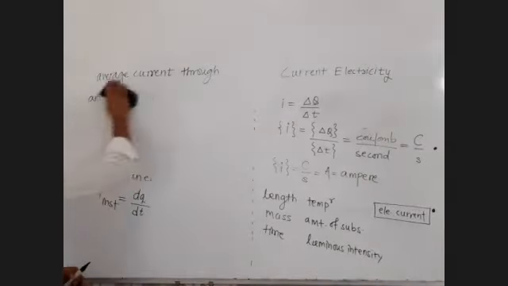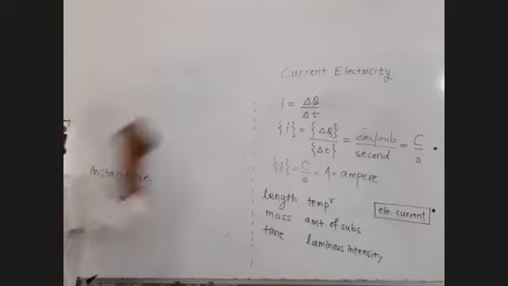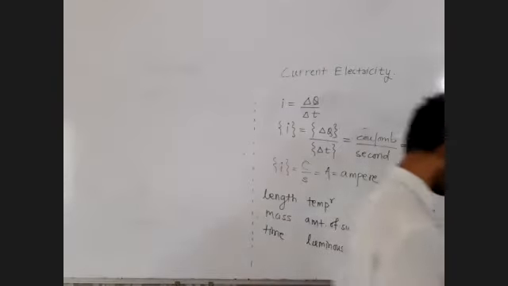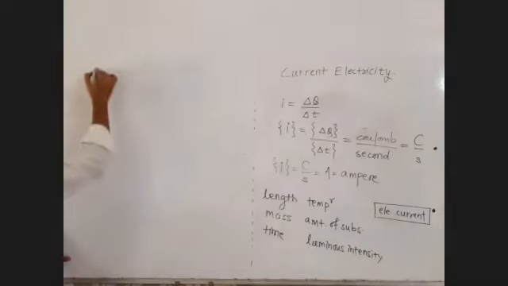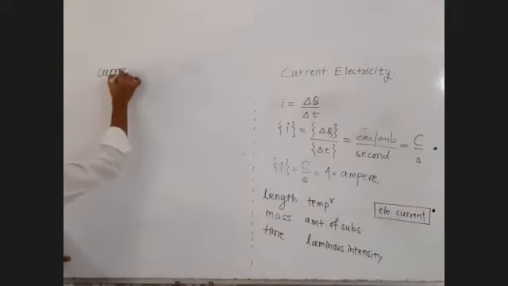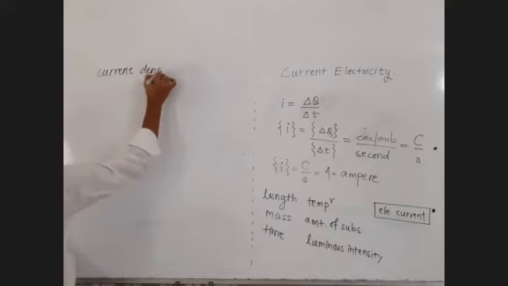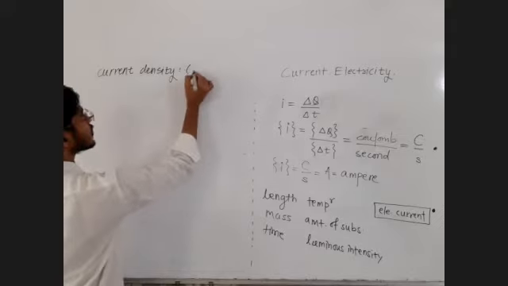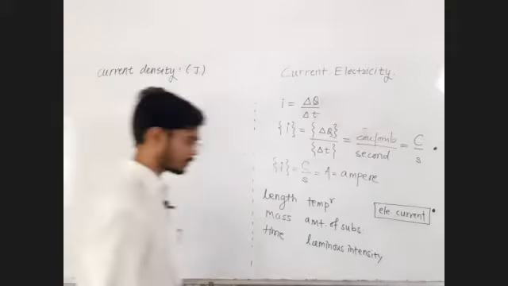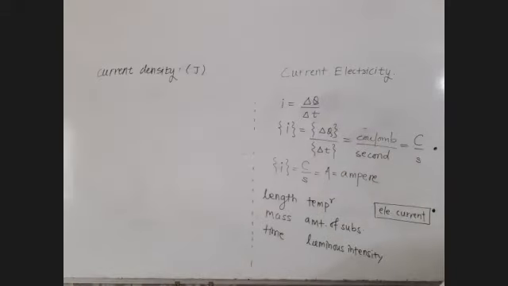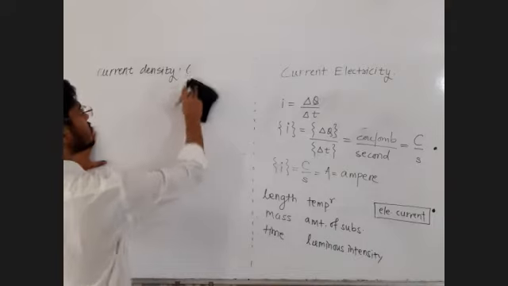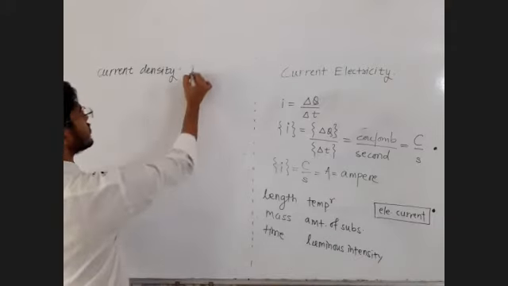Okay, fine. So that was the definition of current, average current and instantaneous current. Then write the next definition: current density. What is current density? The symbol is capital J. Let me check whether they have used capital J or small j. Okay, they have used small j. All right, no problem as such. But J is a letter reserved for current density. Always remember, J is the letter which we reserve for current density.